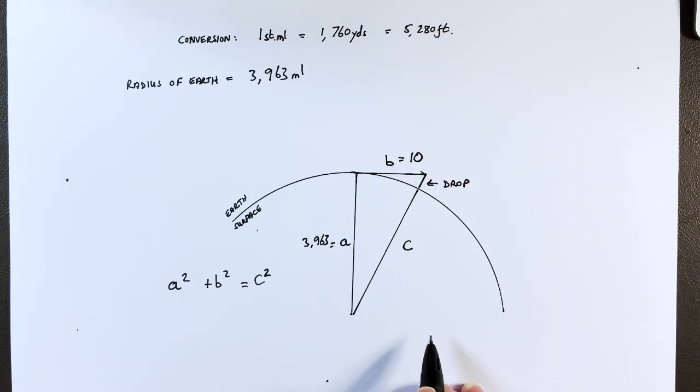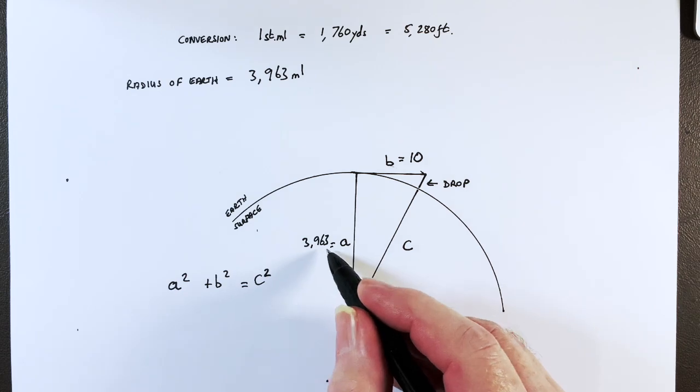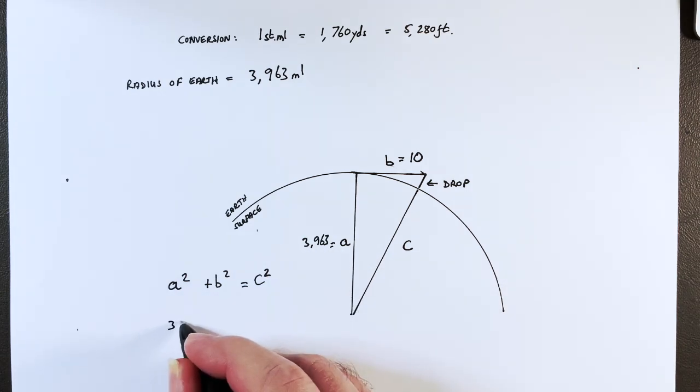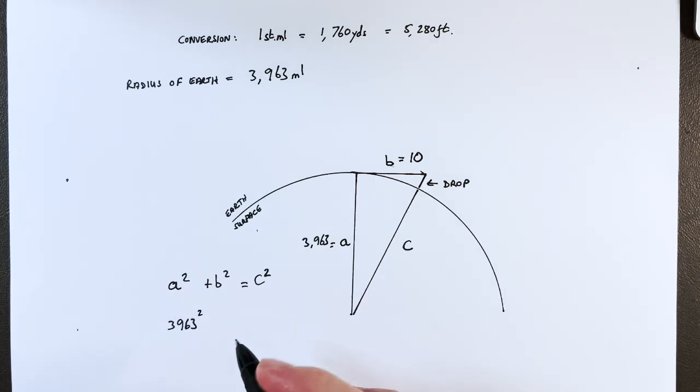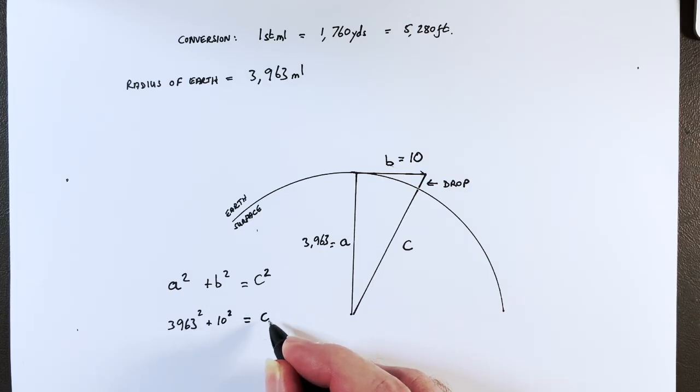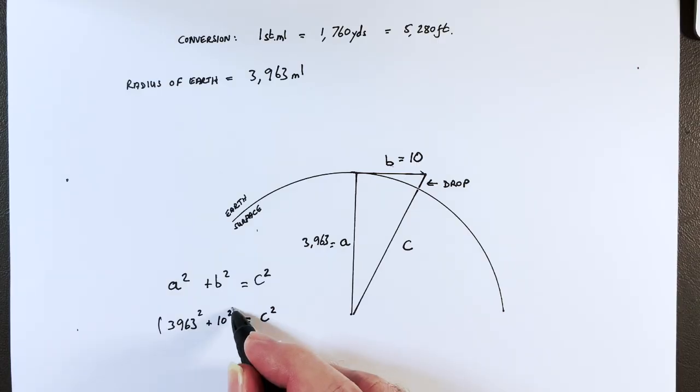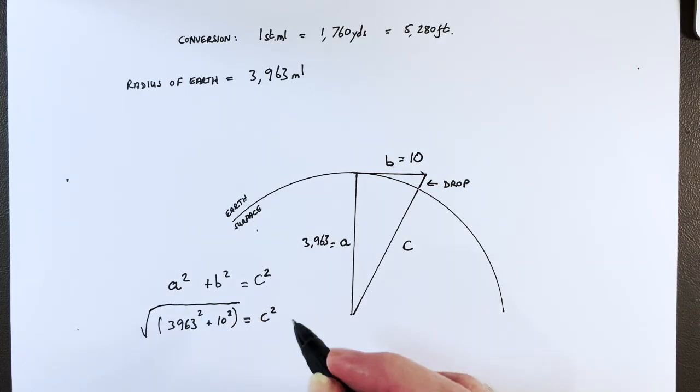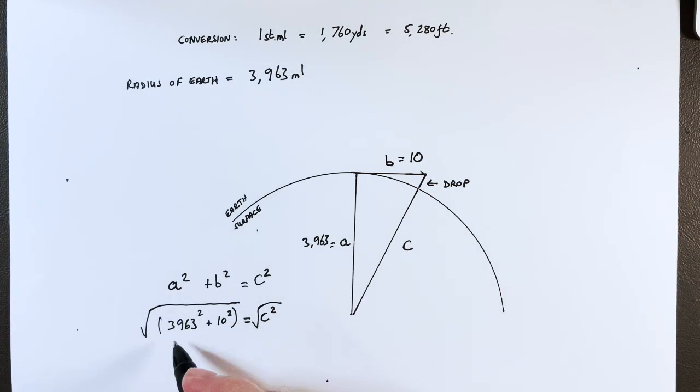So we can work it all out. If this distance A is 3,963 and this distance B is 10, then adding the square of both equals the distance C squared. And to work this out, all we have to do is to square root that and to square root that. And then we have